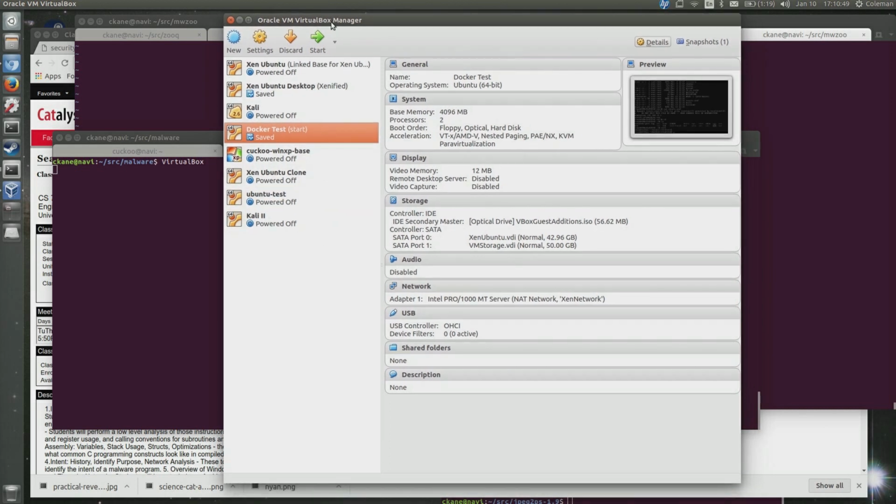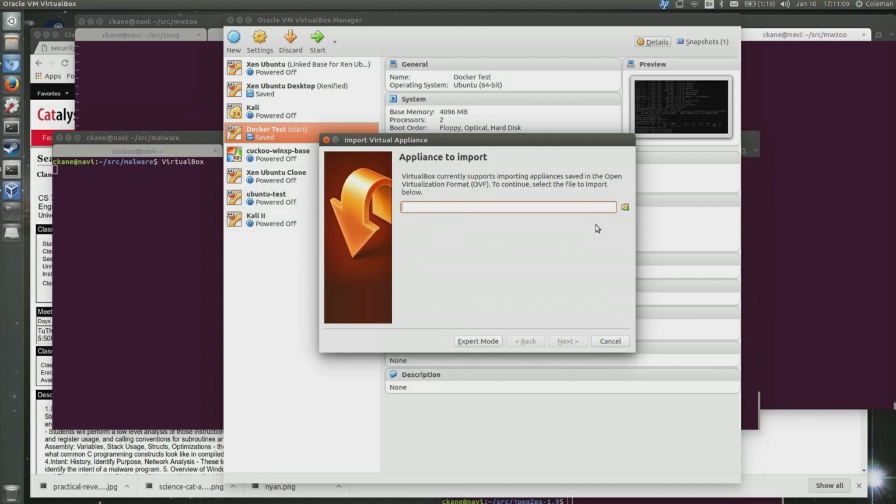There are two primary ways to create a new virtual machine on your VirtualBox system. Generally, if I provide what's called an OVA file, or an appliance file, it allows you to import it this way.